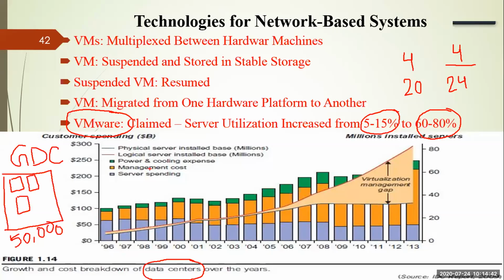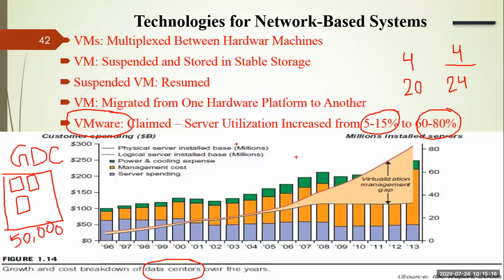Similarly, the third one. If you want to run a computer system, you need cooling, right? It is recommended that each and every computer system should run at room temperature, let's say 25 degrees Celsius. This is the recommended temperature, right? Similarly, as you are running 50,000 servers, you require cooling. It may be water cooling, it may be air conditioning, it may be anything. So if you see, the cost from 96 for the third one is also drastically increasing up to 2013.